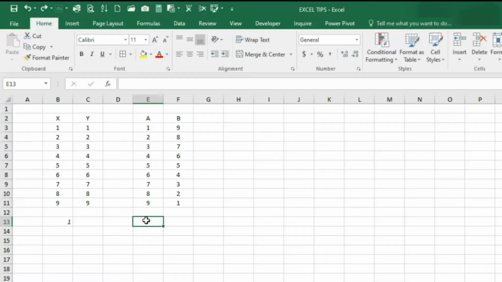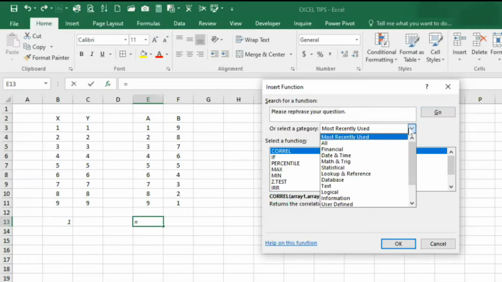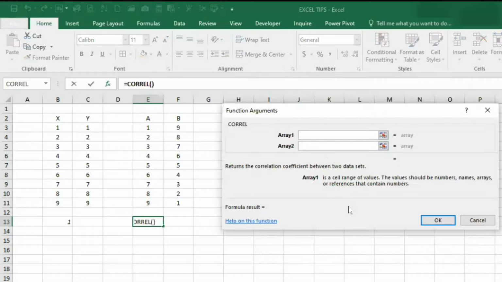Now instead of typing it, we will just select the cell and use the function button. When we go for this, you will find a lot of functions listed, because I have already used it. So correlation is coming up. If it is not coming, write the desired function and go, and it will show, or you can look alternatively in the statistical category. For the time being it is already there. Just go for OK.